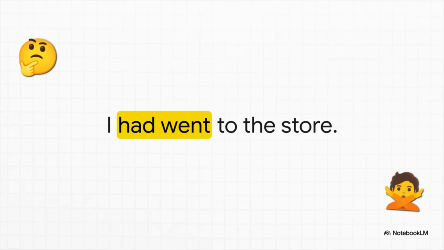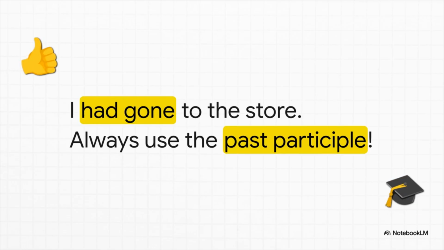Now, let's zone in on a really common mistake. I hear this one all the time. Someone might say, I had went to the store. Does that sound right to you? Nope. The fix is I had gone to the store. And why? Because the rule is absolute. After had, you must always use the past participle, that third form of the verb, and for go, that's gone,